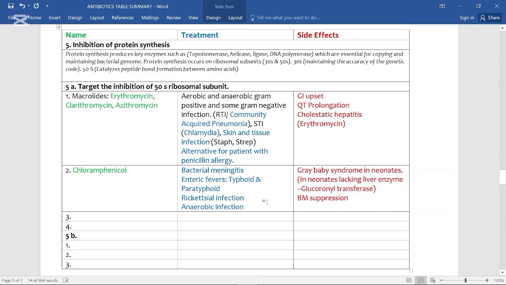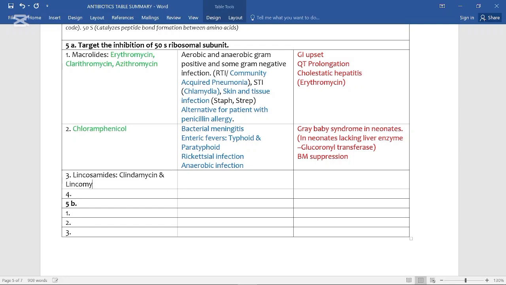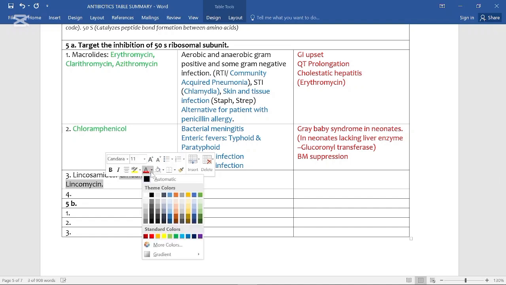Yeah. So another drug class that works by targeting the 50S ribosomal subunit is the lincosamides. And here we can put there are two major drugs. One is very common, you guys have heard it, the clindamycin. And another one that you may find is the lincomycin. So the clindamycin and the lincomycin are another group of drugs that work by the inhibition of the